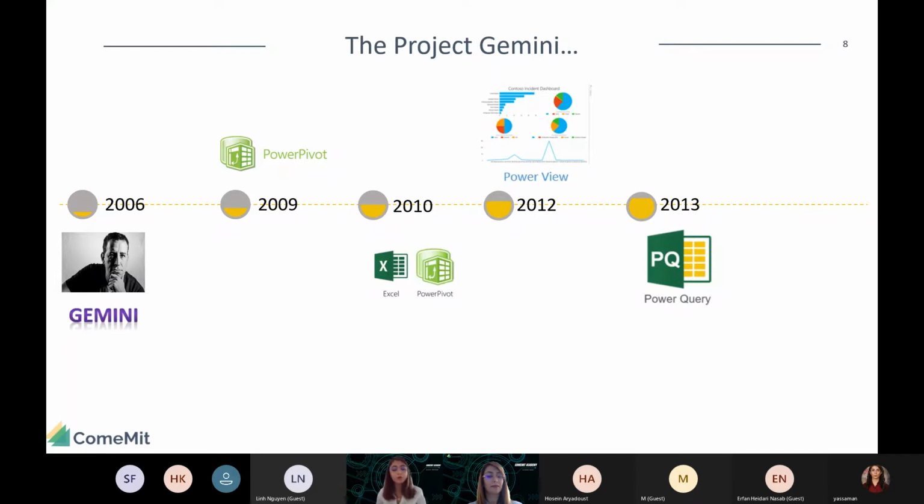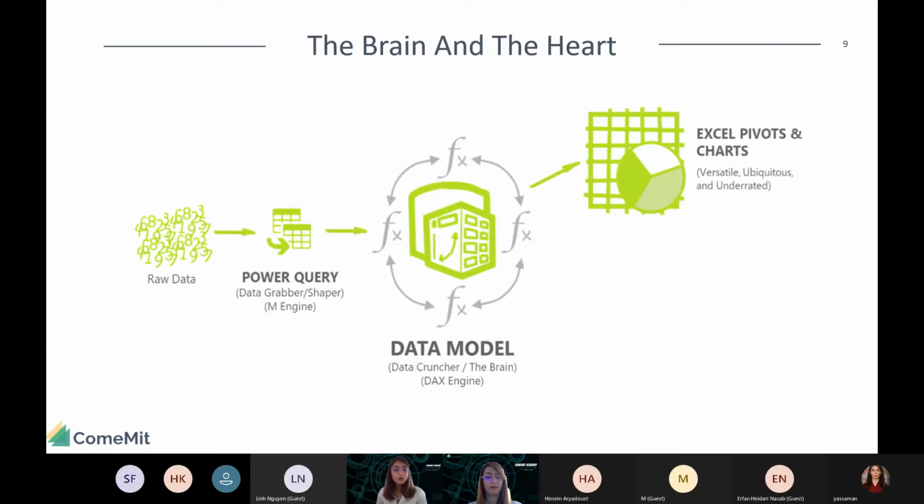I will show you later how it works. There are a lot of capabilities in Power Query because of its strong engine behind it. So this was a key point in the process of Power BI evolving: Power Query and its brilliant capability of transforming data. So the brain and the heart of Power BI was formed back then. You had the raw data, you could transform and shape the data with Power Query, and you could model it.